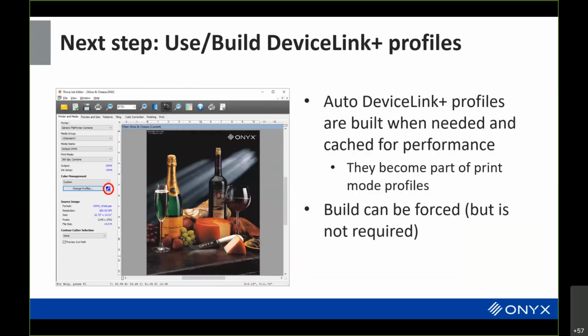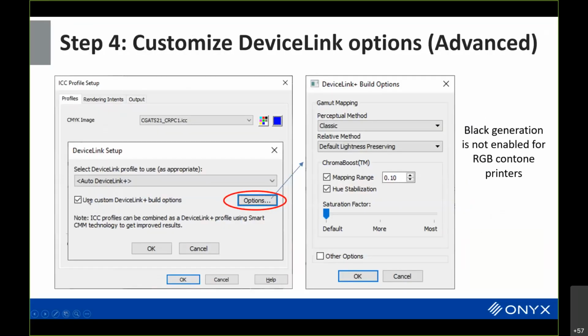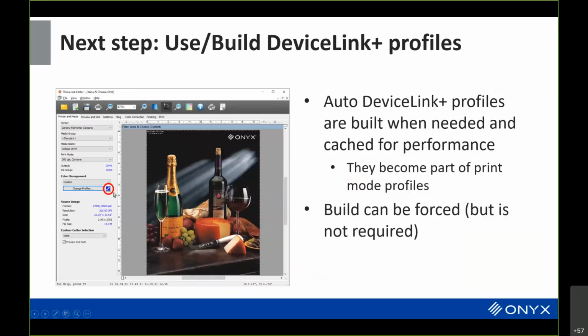Once the device link profile has been set up, then in Job Editor, right next to the Change Profiles dialog, there's a little button that says, hey, I have a device link. I have a link defined here. This tells us that for some aspects of our profiles, device links have been enabled. If you click that button, it will go through the process of building the device link at this time. If you don't, then it'll basically use the profiles for the purpose of the preview.